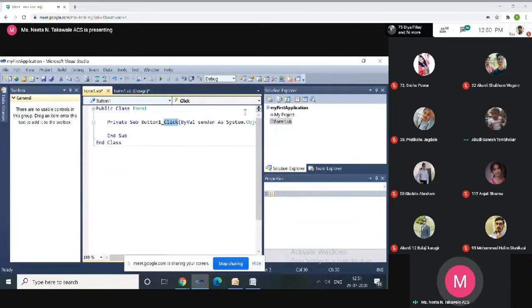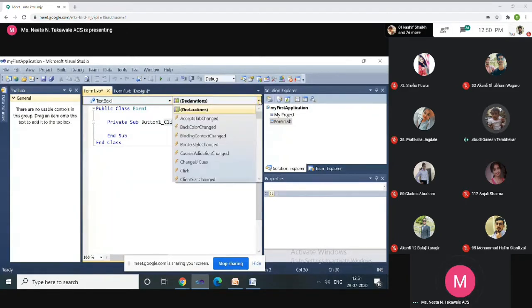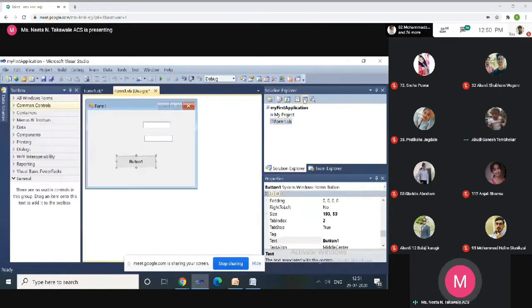Now let's see what is the default event for the text box. Here I'm going to select TextBox1.